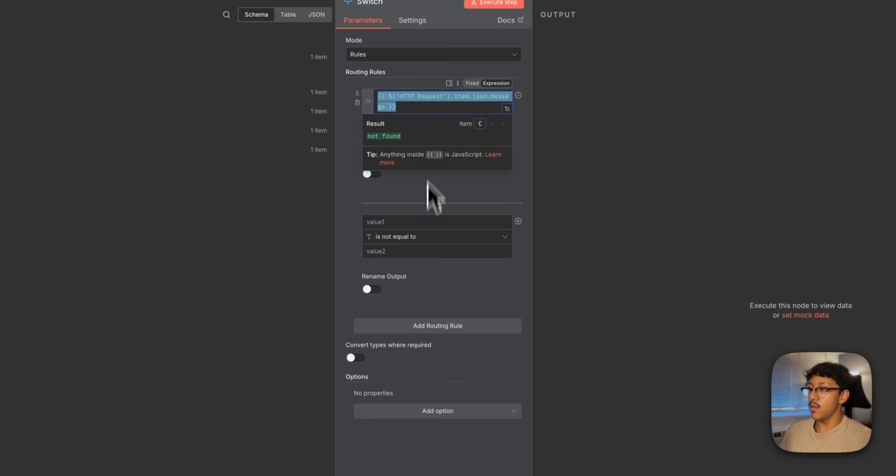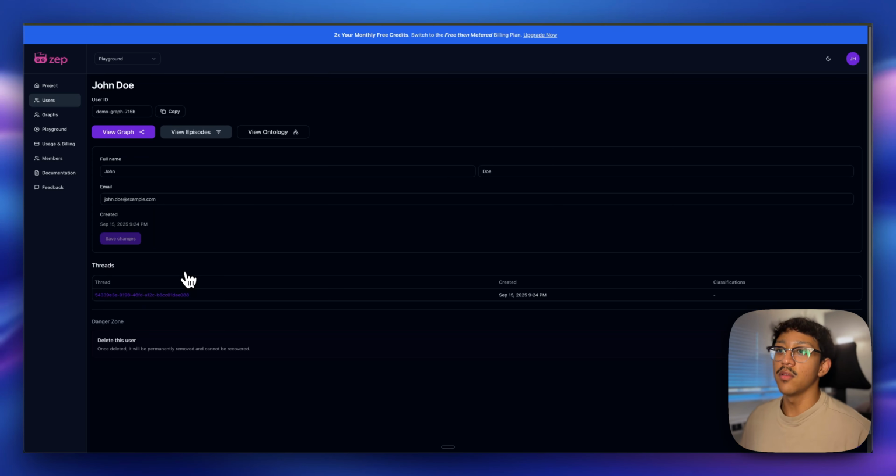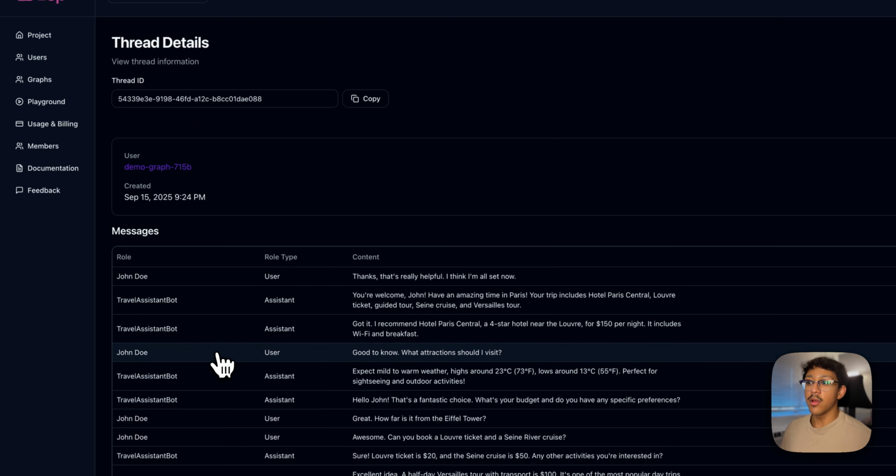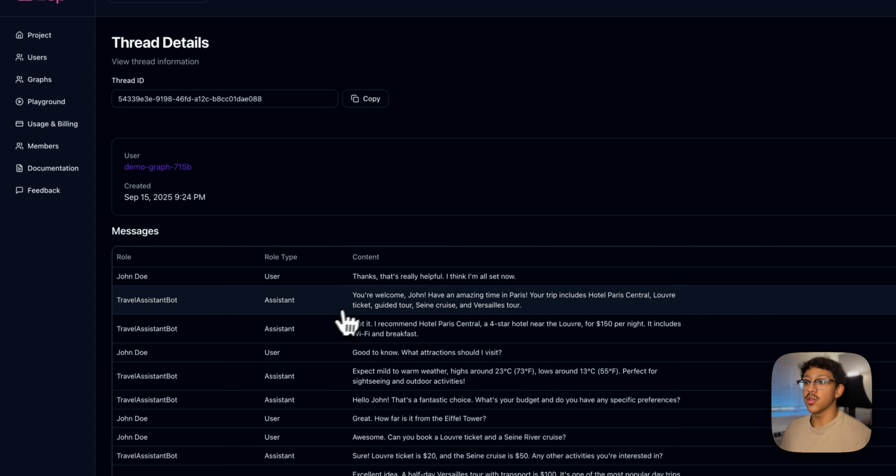Before we move on, I want to clear up a concept that's a little bit confusing, but this is just how Zep works. We have users, and inside users, we have threads, which are independent conversations. So we're going to have to create two different things here, the user and the thread. As you can see, this is a user who can have multiple threads, and each thread is just a conversation. And so the two endpoints that we're going to be using are going to be post to add user,